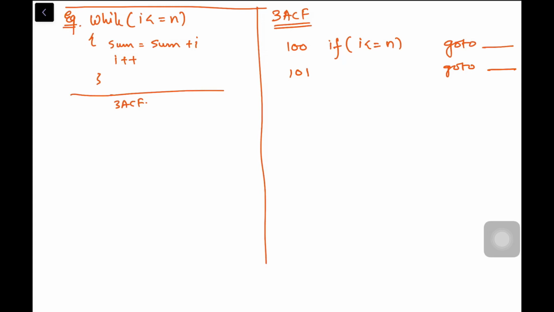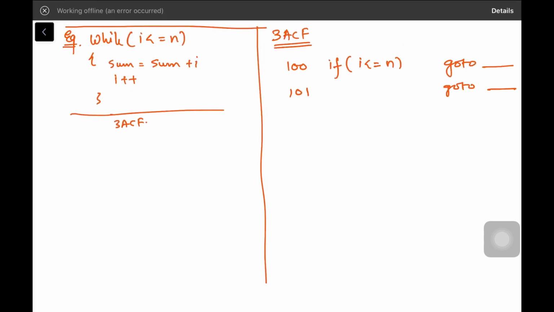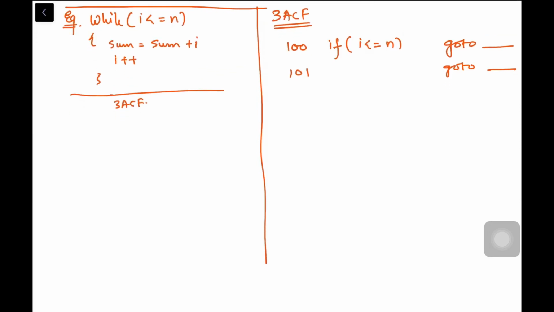So if I is less than or equal to n, go to this statement. If not, this condition fails, go to this statement. Taking example, if this condition is true, we have to jump to inside the loop, and if this condition is false, we are going to jump outside the loop. That is clear? Okay, fine.